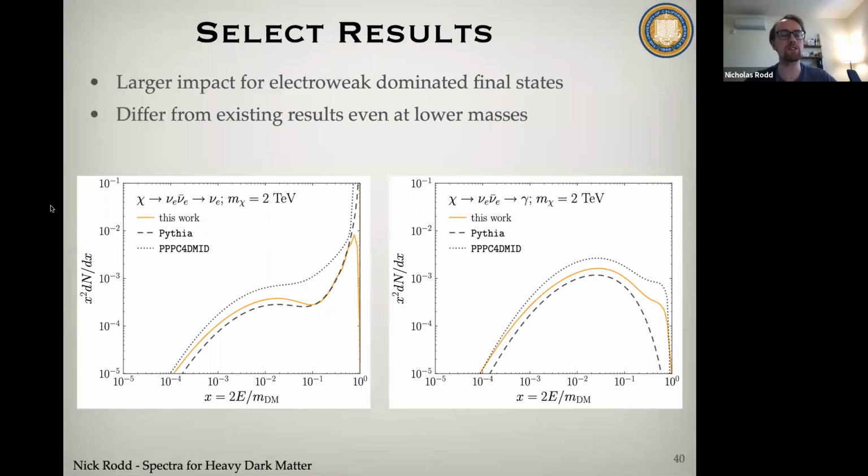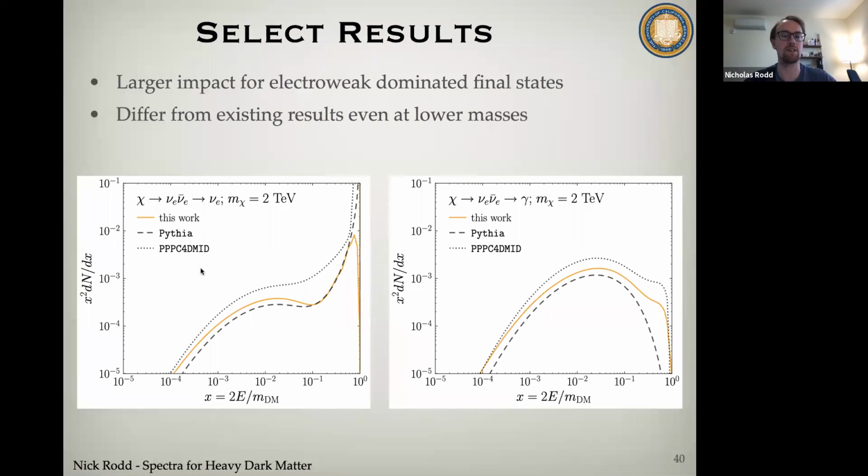To begin with, let me just show you our results as compared to some other references. For most states, we get very good agreement between Pythia and other things that have been produced, like PPPC. Of course, this shouldn't be too surprising. At low masses, I haven't added much to Pythia. Eventually, I'm matching onto Pythia. So if not too much is happening, and what Pythia is doing is largely in hadronic states is really just QCD DGLAP, which is well understood, then I should expect to agree, and we do.